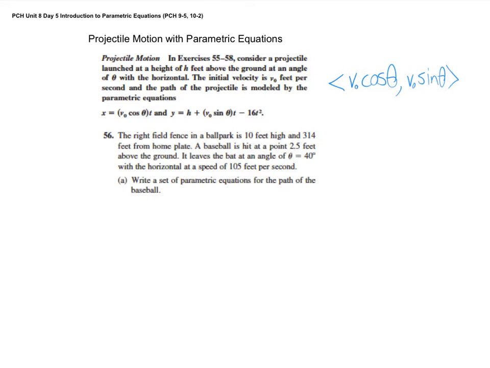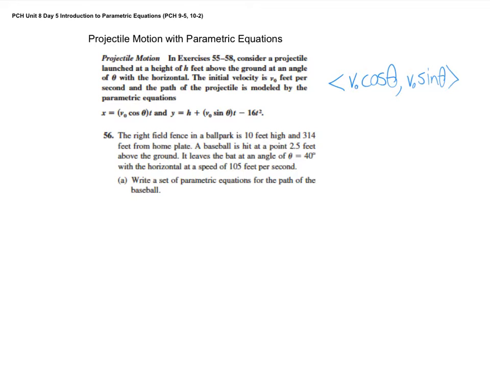What height? Vertical height. It's original height. Okay? So this is how we do ones. On the first example we looked at, we were assuming it was shot off of the ground at height 0. Let's say we were modeling someone jumping off of a diving board that's 15 feet off the water. We'd have a 15 plus